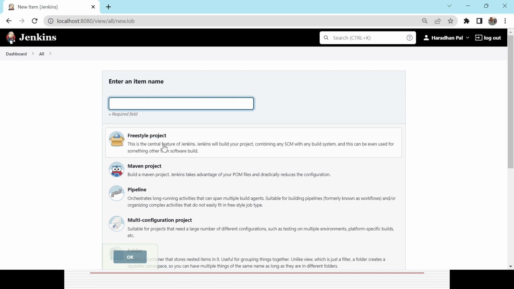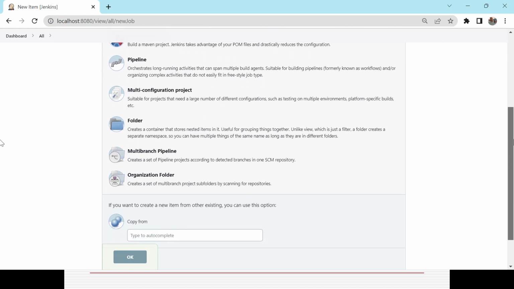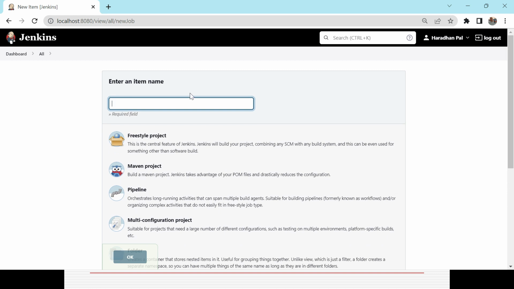After that you could see a lot of items available: freestyle project, maven project, pipeline, multi-configuration project, folder, multibranch pipeline, organization folder, like that. Or you can copy from an existing item: if you want to create a new item from another existing one, you can use the copy from option as well. So here you can give any suitable name. Suppose say